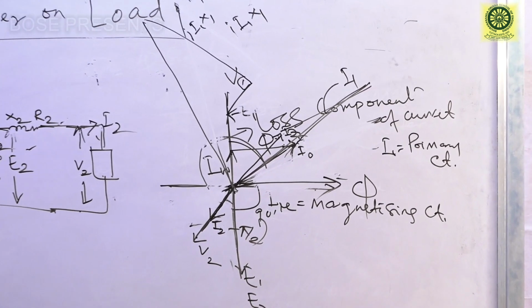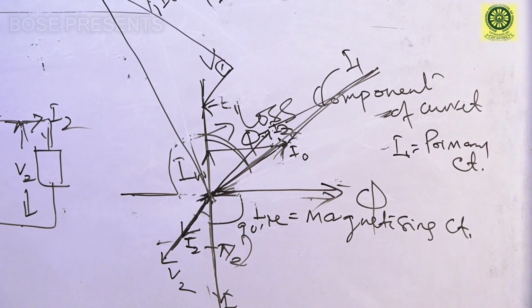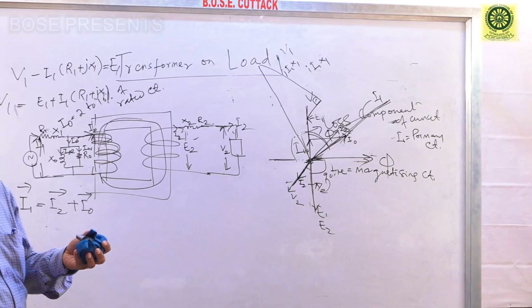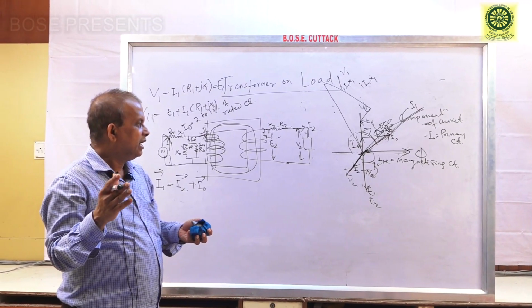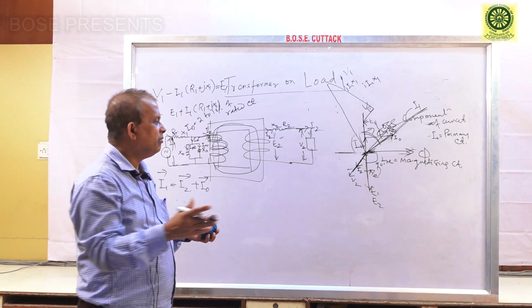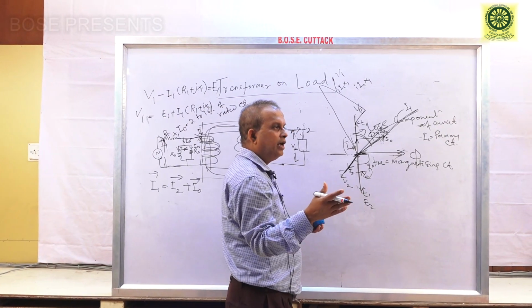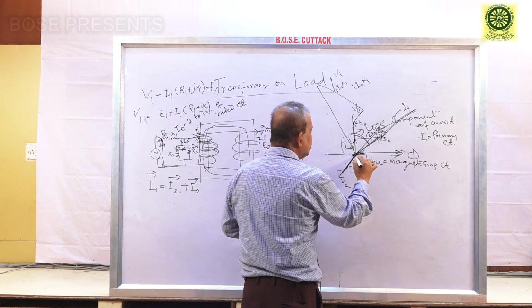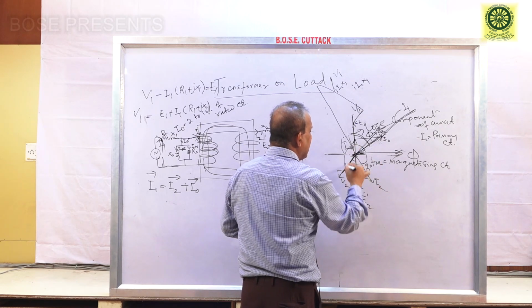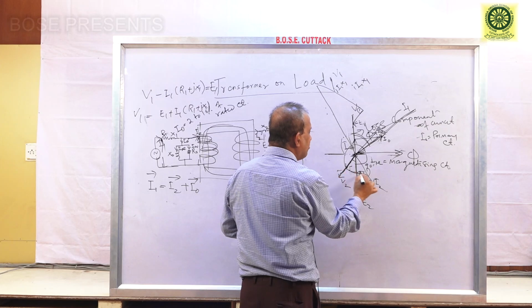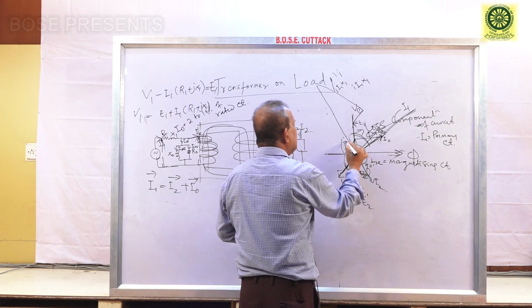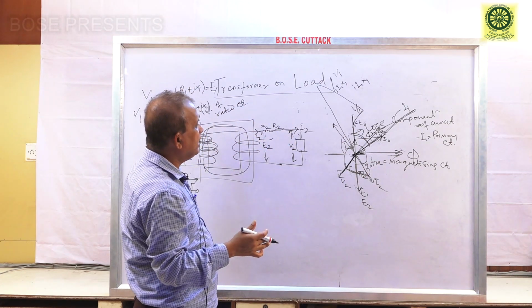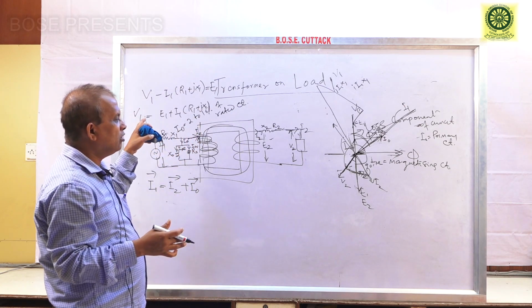Similarly, whenever the current is leading the voltage, that means for a capacitive load, we know that in a capacitive circuit, when AC voltage is applied, the current leads the voltage across the capacitor by some angle, depending upon the value of capacitor and resistance. So here also I can draw this I2, not here, rather somewhere here. So now my I2 is leading the V2 by some angle. This can also be redrawn in the same earlier way, and the resultant can be found, and accordingly, following the same equation, we can also draw this.